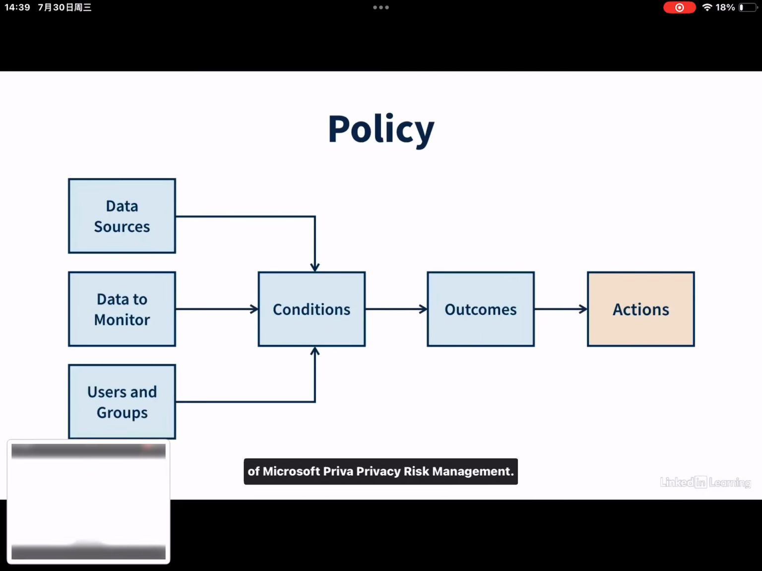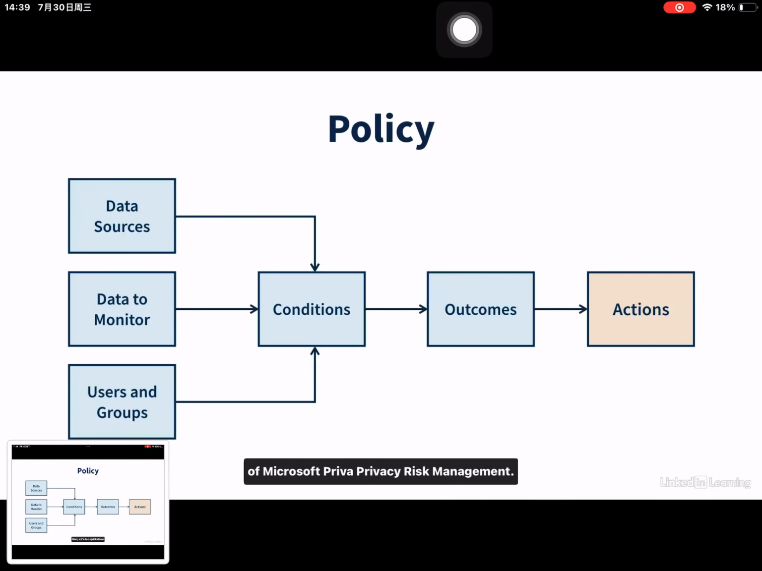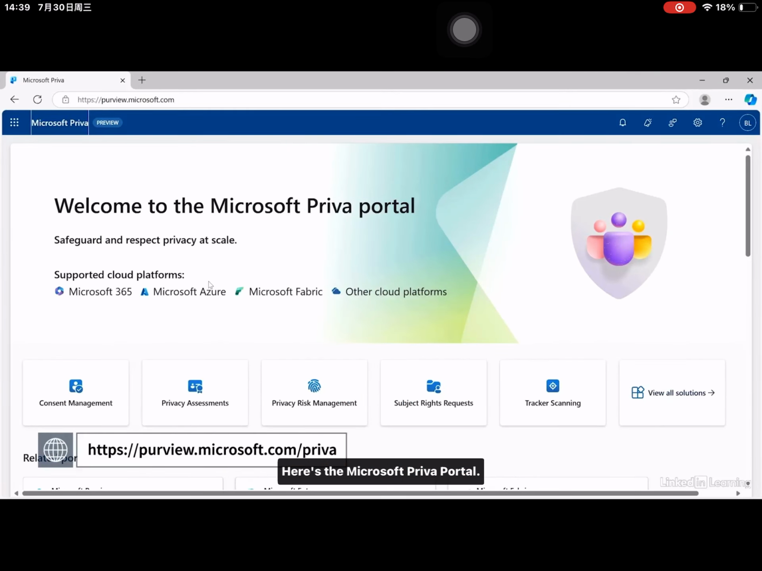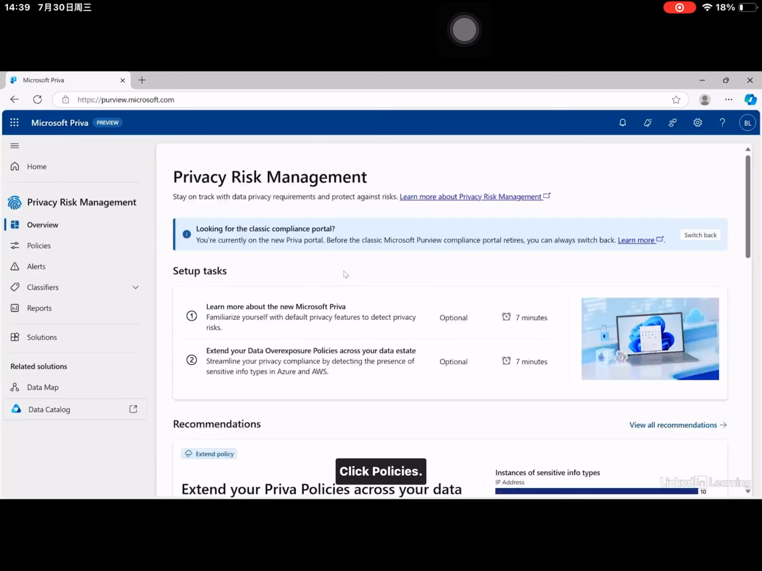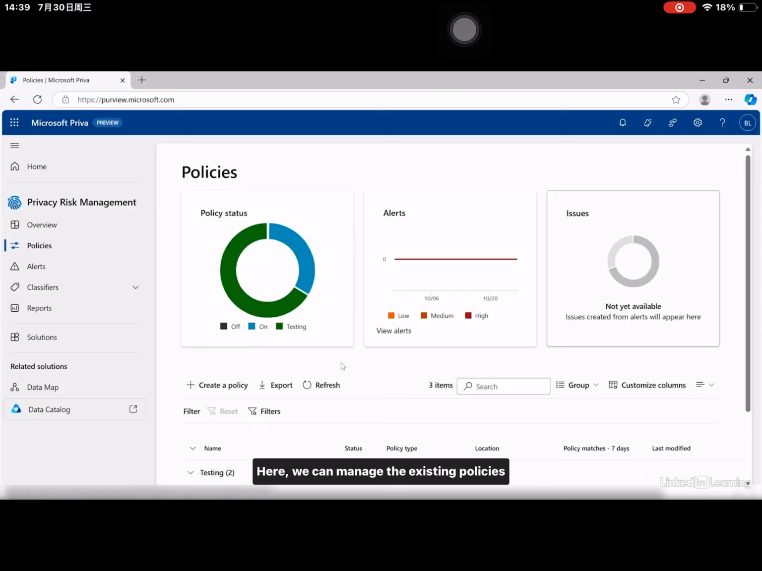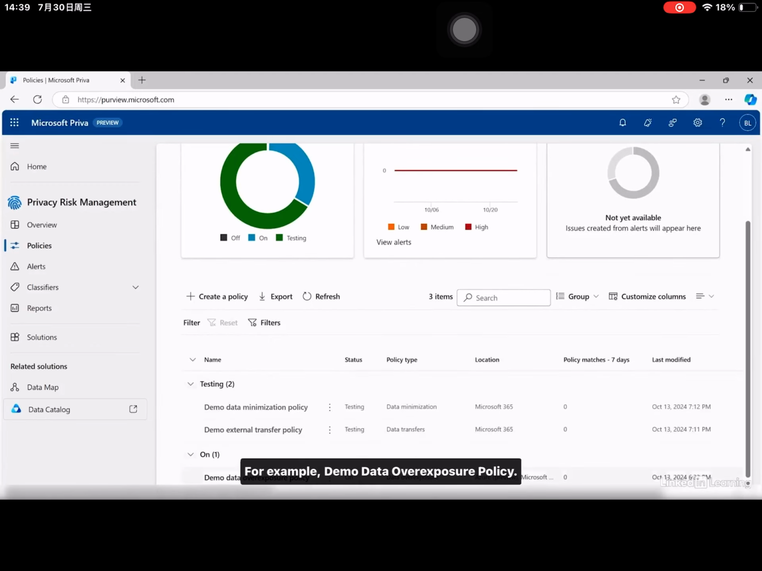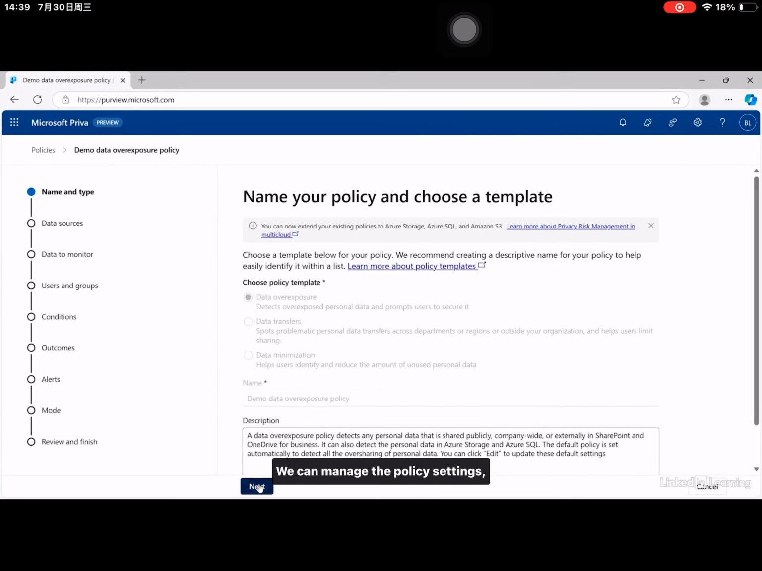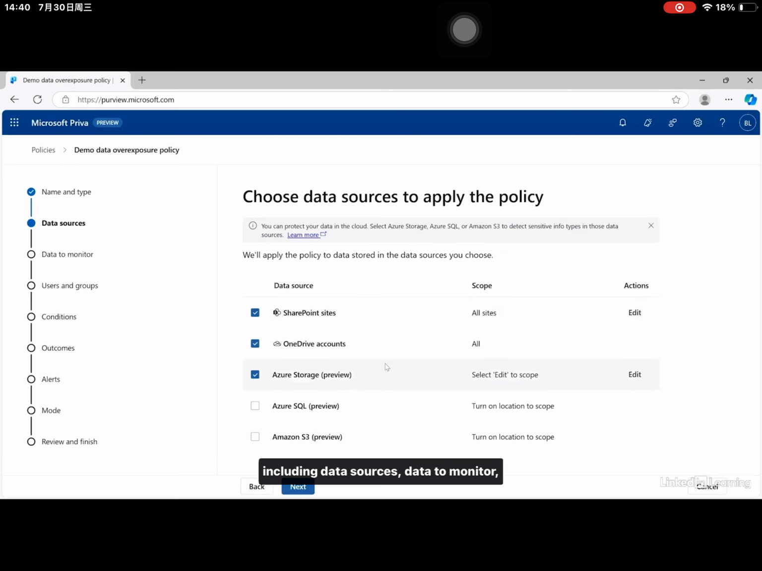Now let's do a quick demo of Microsoft Priva Privacy Risk Management. Here's a Microsoft Priva portal. Select the Privacy Risk Management solution. Click Policies. Here we can manage existing policies or create a new one. Click a policy, for example, Demo Data Overexposure Policy. On the overview page, you can see current policy status. Click Edit. We can manage the policy settings, including data sources,